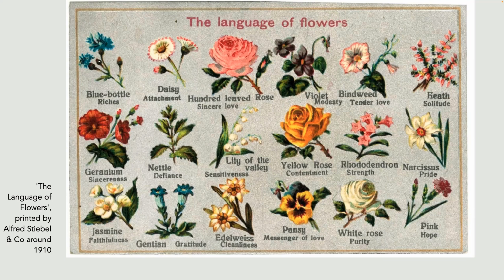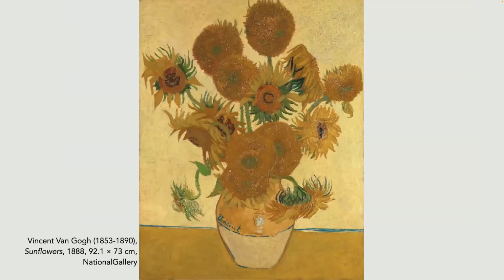The only problem is that if you look at these Victorian books and look at a number of them, you find that the same flower has multiple meanings. And so if you weren't careful, you could send completely the wrong message. I assume that you made sure that the person receiving the flowers was using the same book as you. So that was the other aspect of flowers in the 19th century, but also in the 19th century, perhaps the